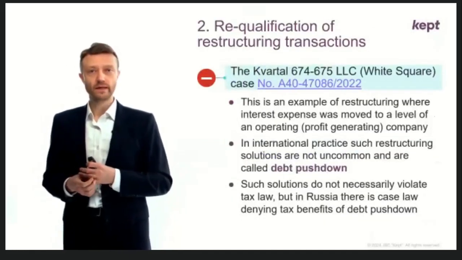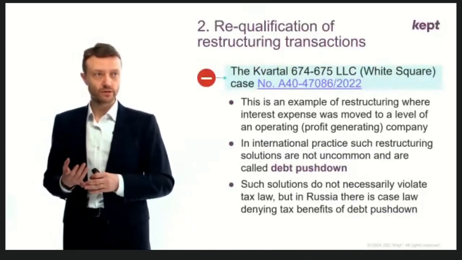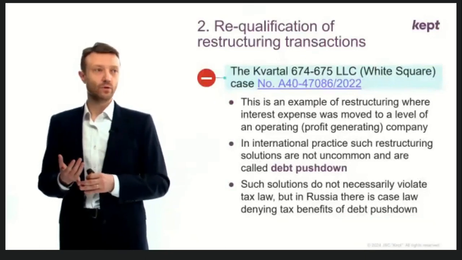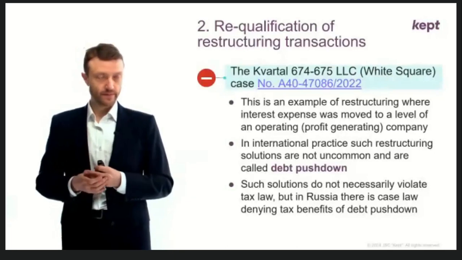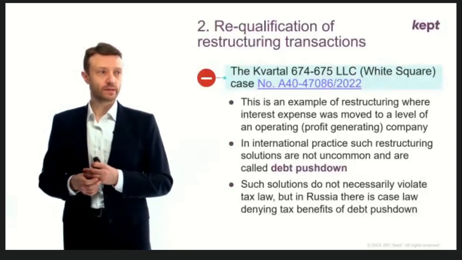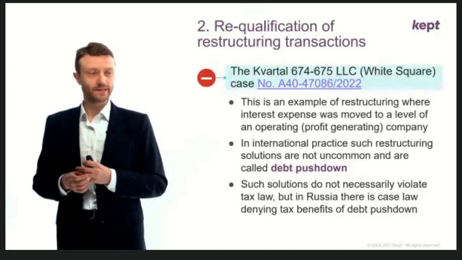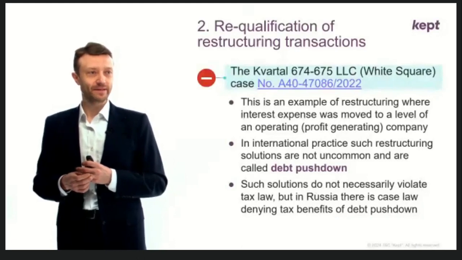Okay, let's move on. And the next example, the next trend in cross-border transactions, is case law where these transactions are requalified for tax purposes. In this example, the White Square case, the company is called Quartal 674, 675, but I think the White Square name sounds better. But anyway,